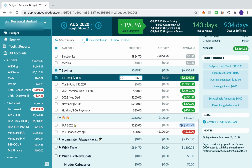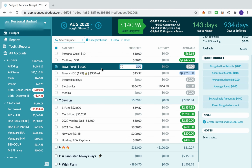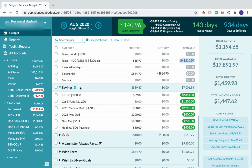And then I also want to put in $50 to my emergency fund so that I can put at least $100 a month into that. So I was going to start contributing to my travel fund this month. I was going to do $150 a month, so that would be $75 with the first paycheck and $75 with the next paycheck. But because I did a little bit of overspending with my electronics and I'm not getting as much in trade-in value with my phones as I expected, I'm going to put the $75 that I was going to put towards my travel fund